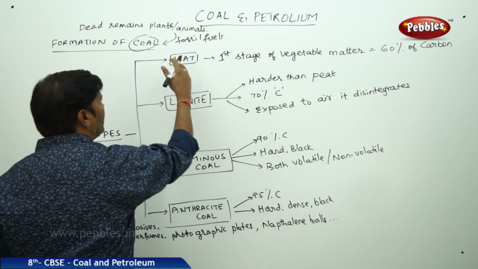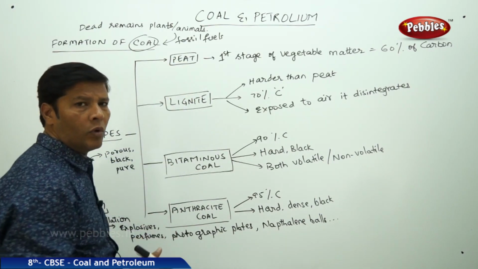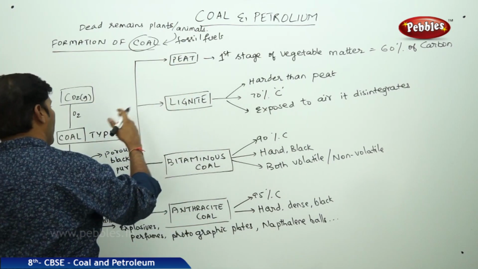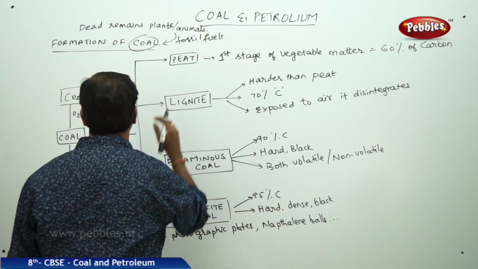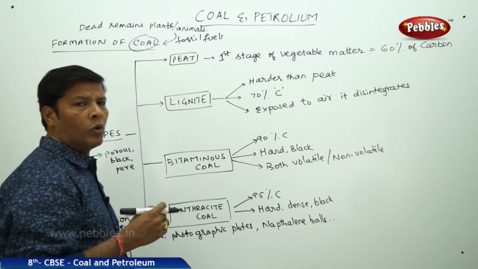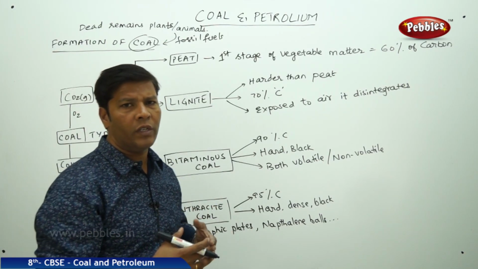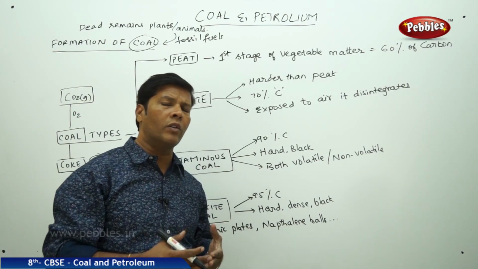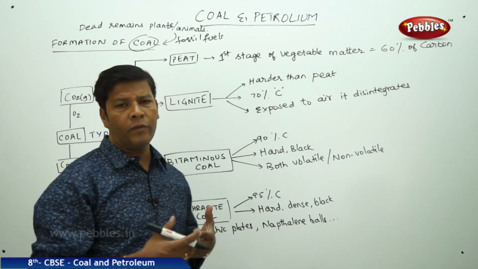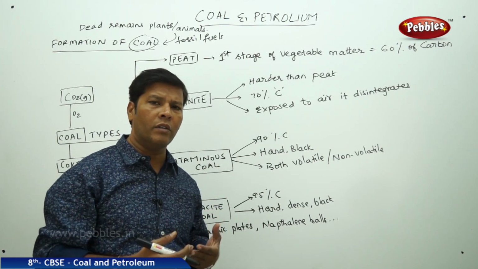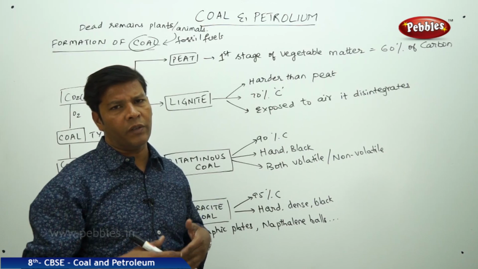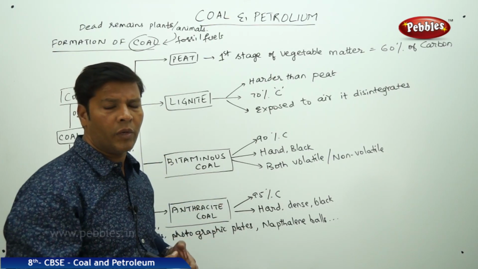Like the first batch, it gives one type of coal in the form of peat. I can say all these are the amorphous forms. In fact, coal is nothing but carbon. Carbon has a property called allotropy. What is this allotropy? Allotropy is nothing but the existence of the same element in forms which have the same chemical properties but differ in the physical properties, which can be called as allotropes.